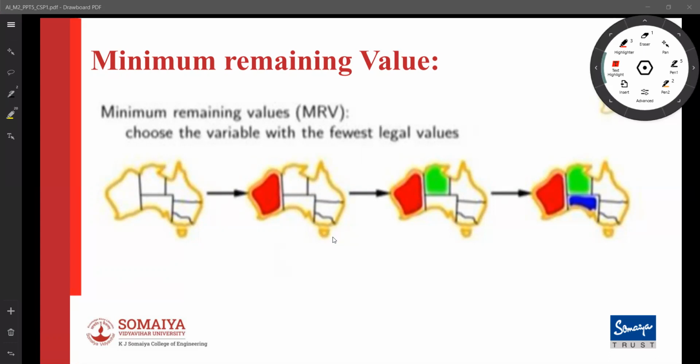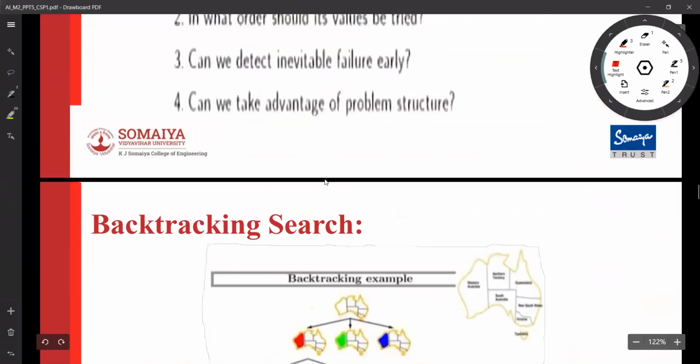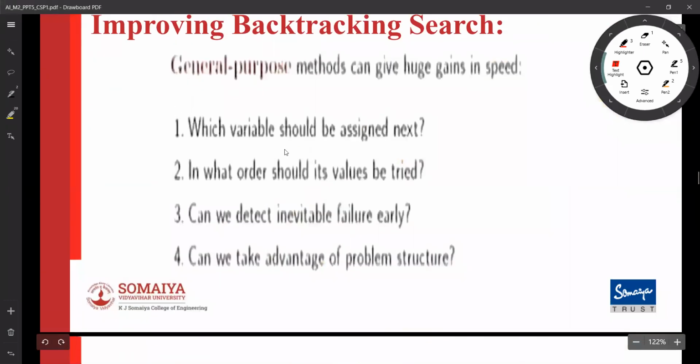You want to assign South Australia next. Why? It has the maximum constraints. So intuitively, the variable which has the most constraints is the one we should assign first. That is the idea for which variable to assign next.